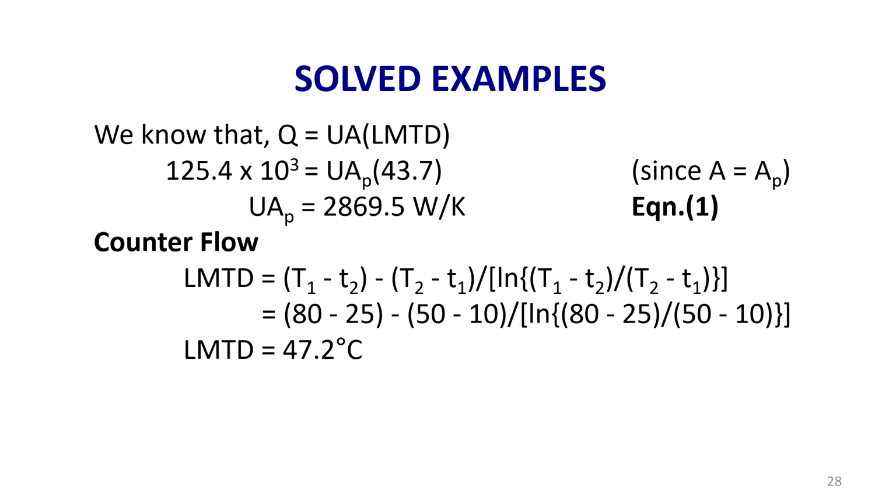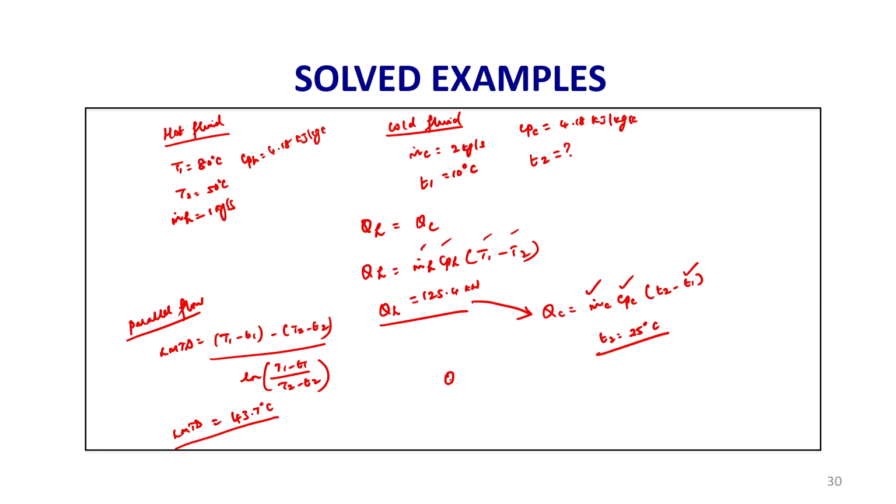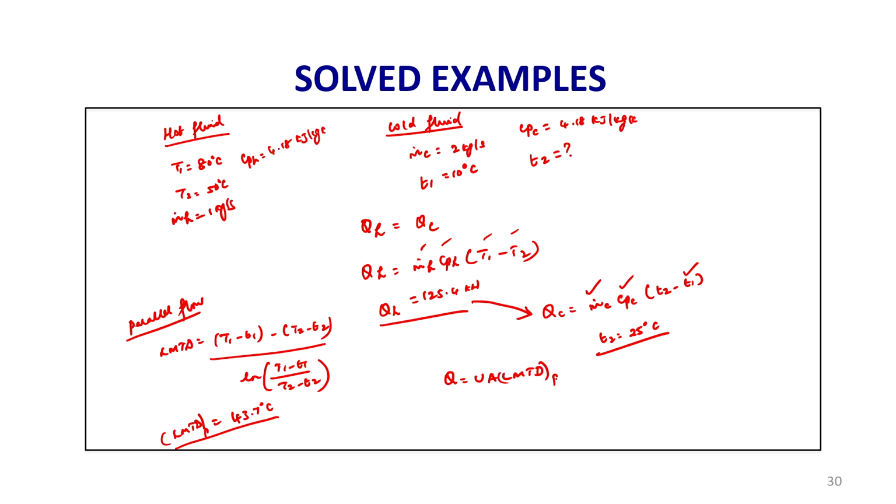Okay. Next, I am finding Q value, Q equal to UA LMTD. Okay. So, this is for parallel flow, because we have to do the similar calculation for counter flow also. So, LMTD for parallel flow, U is same, A is same. So, using this formula you can find UA,